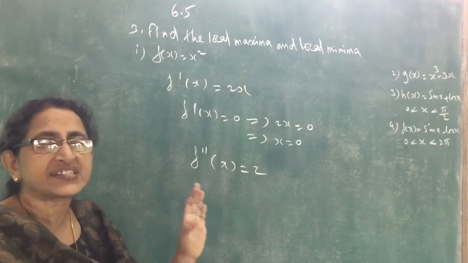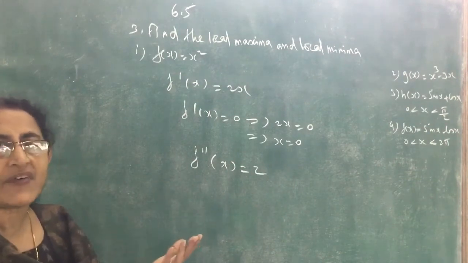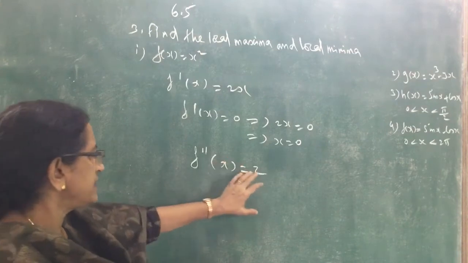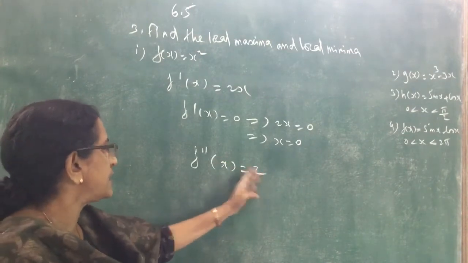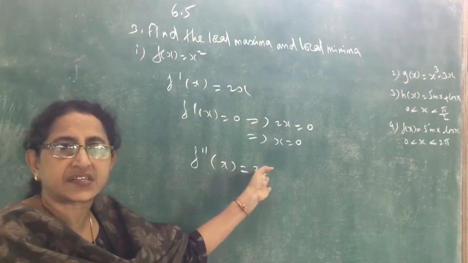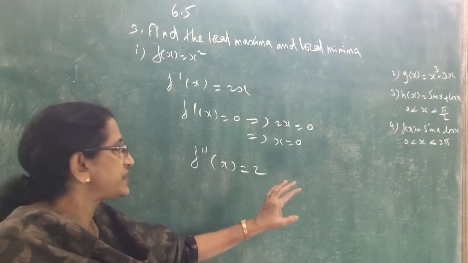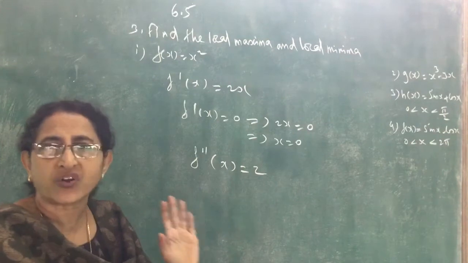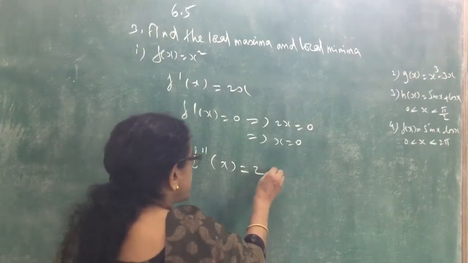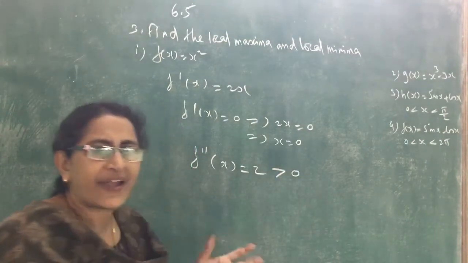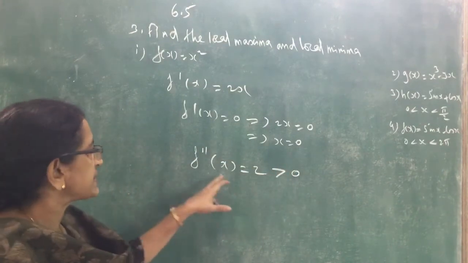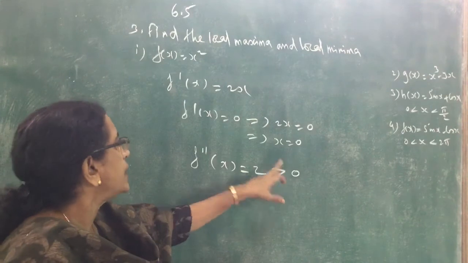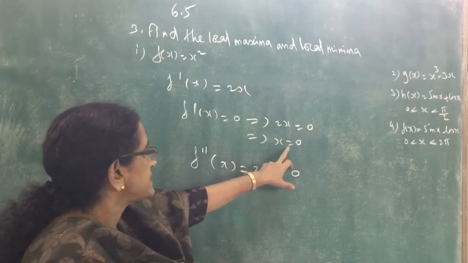We know 2 is greater than 0. Whatever be the value of x, this 2 is greater than 0. If there were x in the second derivative, we would have to substitute x. Here no need to substitute because there is no x here. It is already a constant. So we know this constant is greater than 0. Whatever be the value of x, the second derivative is greater than 0. So that means if the second derivative is greater than 0, this x equal to 0 is a point of